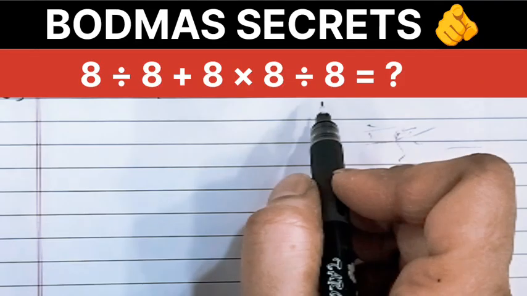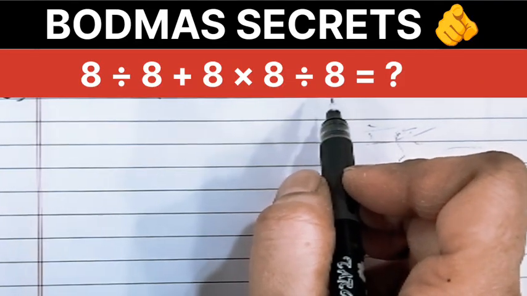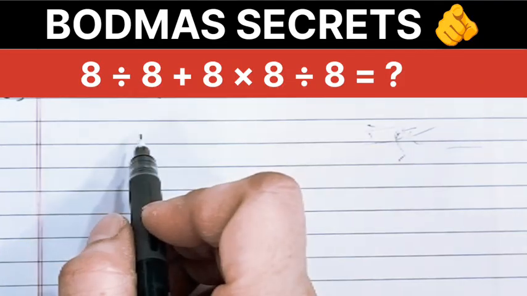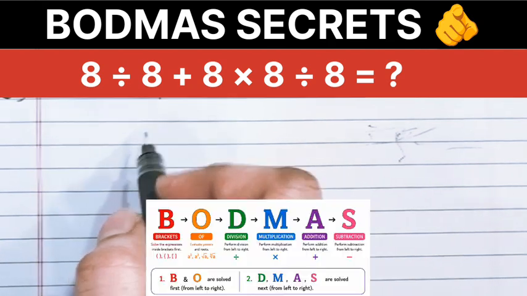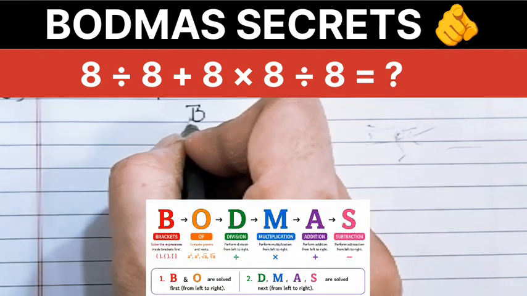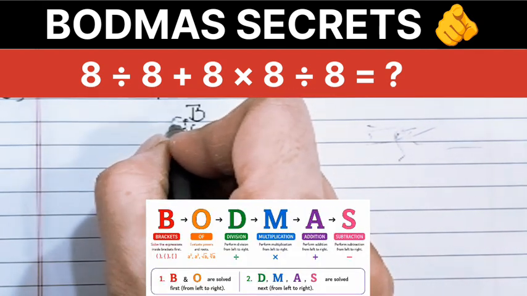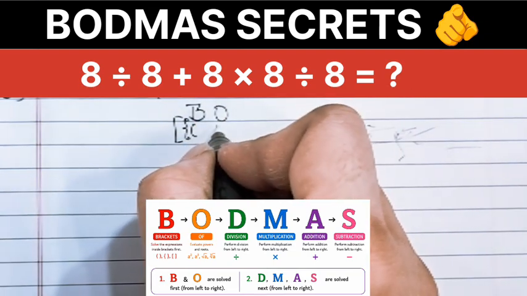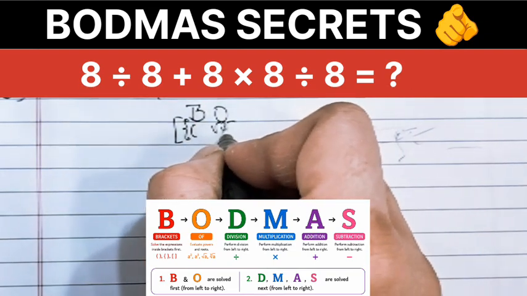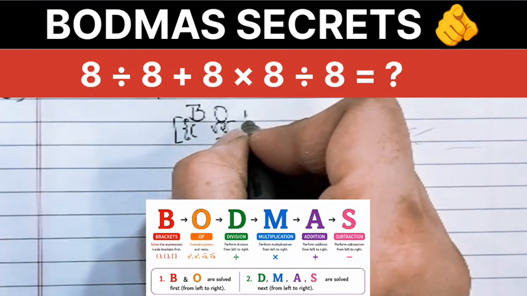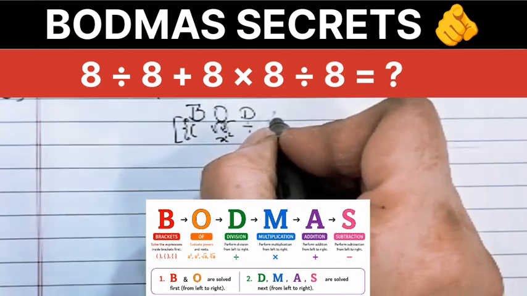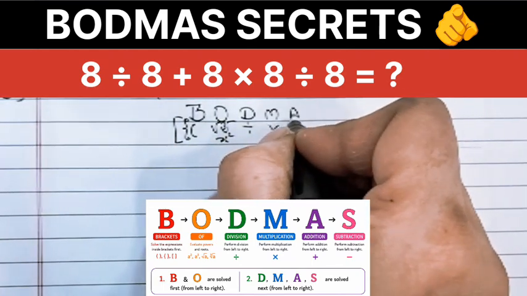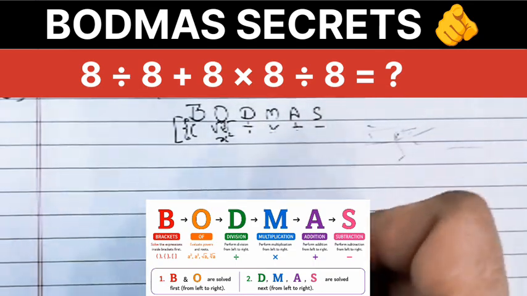Now to solve this mathematical expression, we use the BODMAS rule, which ensures that operations are performed in the correct order. First we solve brackets: small bracket, curly bracket, then square bracket. O stands for of, convert into multiplication, and orders: square roots, cube roots and exponents. We solve D. D stands for division, M stands for multiplication, A stands for addition, S stands for subtraction.